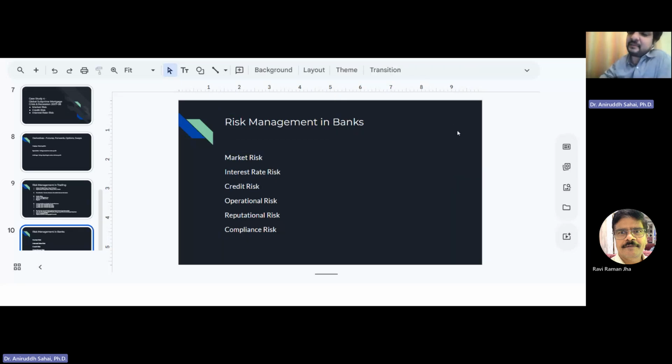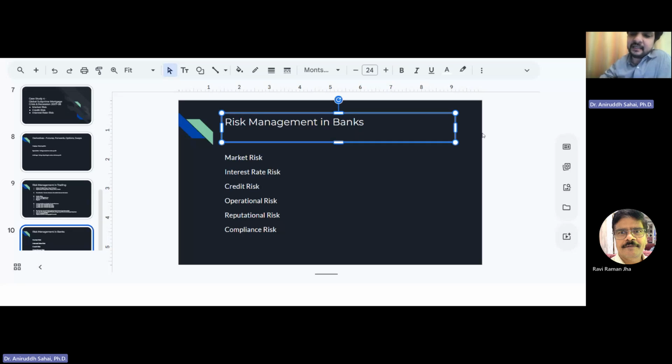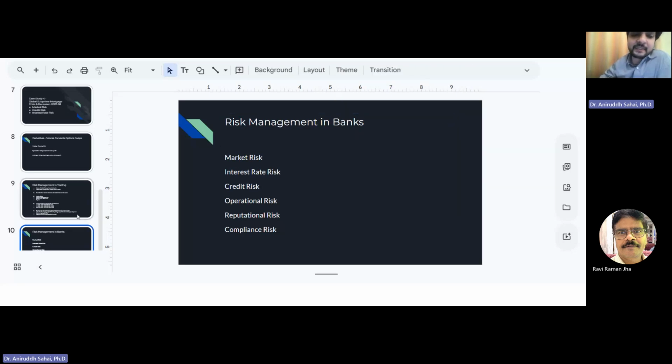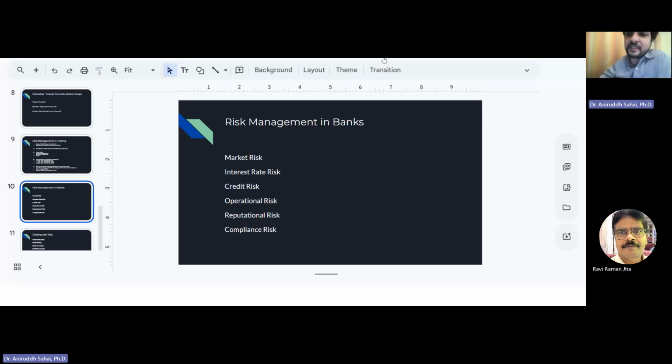And they may even be shut down in case a large number of compliance lapses are found in the organization. If the bank or the NBFC or any financial institution is not following the rules set by the RBI, and these rules can be with respect to how they're making their investments, what kind of interest they're charging to their borrowers, and what kind of interest they're giving out to the lenders,